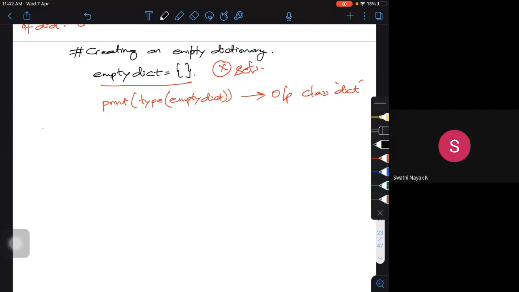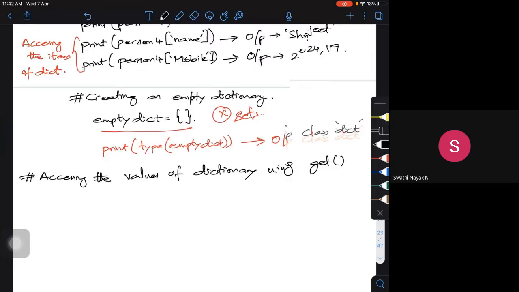Accessing the values of a dictionary using the get function. How to do this actually?